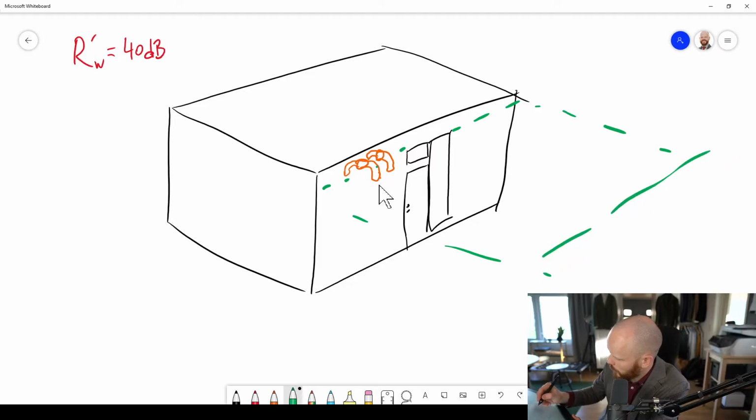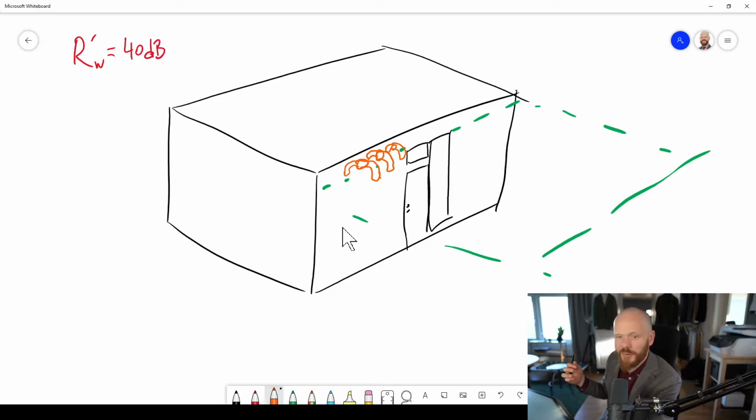So then there's an opening here where you can transfer air into the room. Now if you have two of them, or perhaps even three of them, it depends on how many people are inside the room breathing. So what you then need to remember is that when you do calculations and you're going to make sure that you get the proper sound insulation,